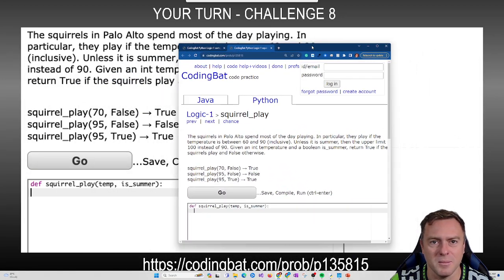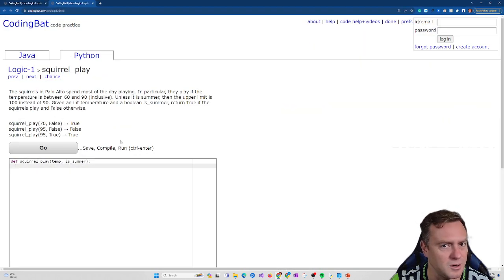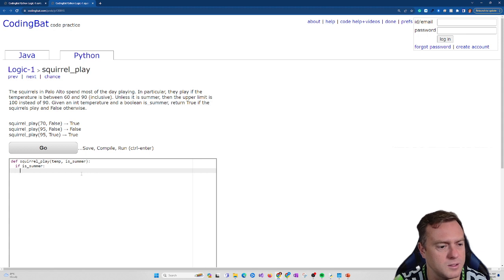So the squirrels play most of the time. So squirrels in Palo Alto play if the temperature is between 60 and 90 inclusive, unless it is summer. So I'm going to do an if is summer and do a little bit different. So if it is summer, let's just do it as normal. So if it is summer, then we'll go if they're between 60 and 90 in this case. So if,